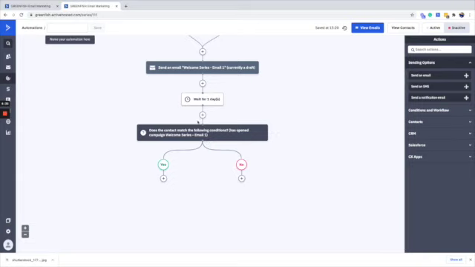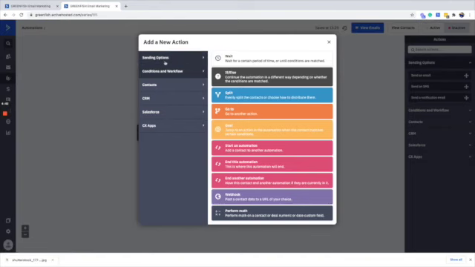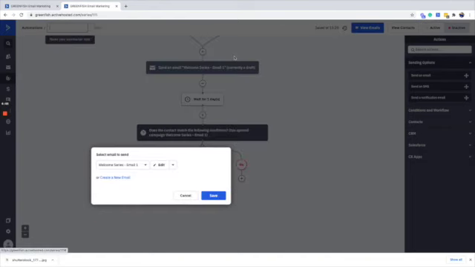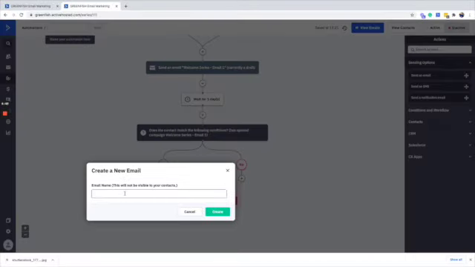Whether they clicked it and did other bits, we're hoping they read it. They might not have clicked it. They could have been busy at the time. That's not a problem. What we're then going to do is send the next email. So again, you click on the plus, go to our sending options, choose email, and then create a new one. And this one, quite simply, welcome series